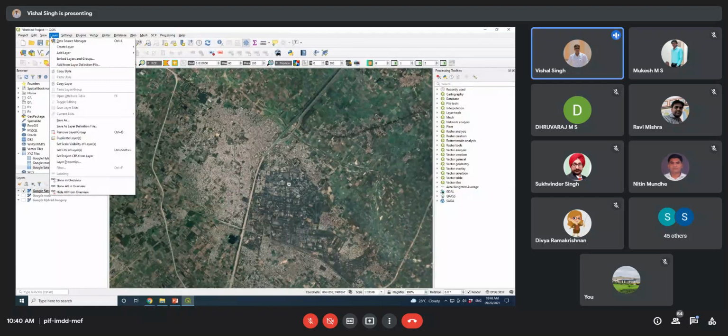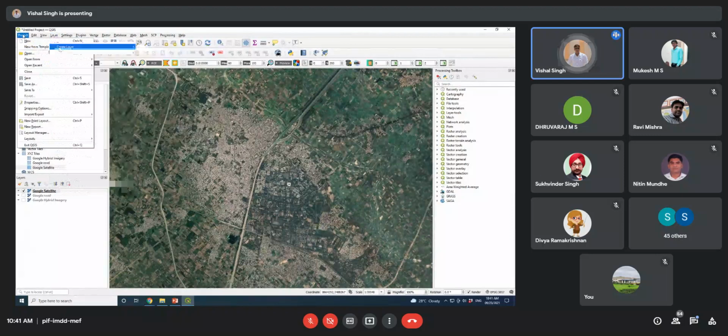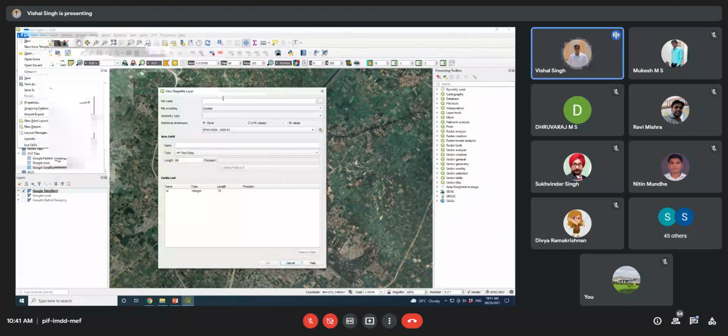Go to the layer option at the top of the panel, then Create Layer, the second option, and go to New Shapefile Layer. Click on New Shapefile Layer, and this new window will pop up.